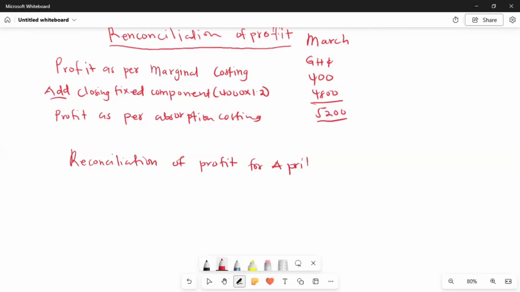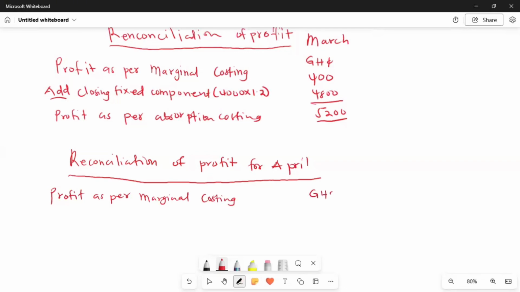The profits as per marginal costing for April is 7,400. So what we do is we add the closing